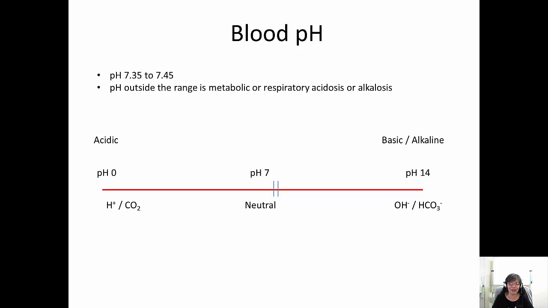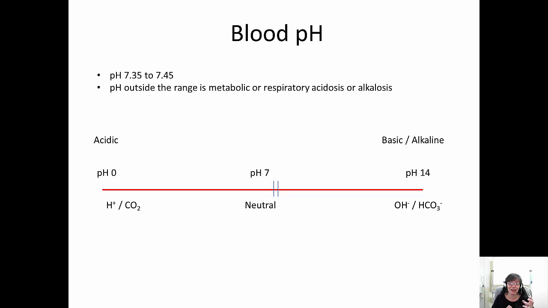The reason why it has to be that tight range is things like proteins. They tend to denature if the pH is either too low or too high, and if that happens, they change shape. They won't be able to fit into their binding sites and they won't be able to function properly. I'm hoping that everybody remembers basic chemistry: pH is the negative log of the hydrogen ion